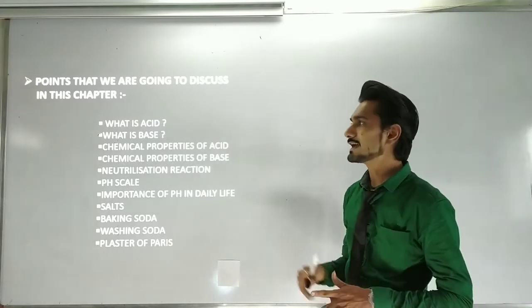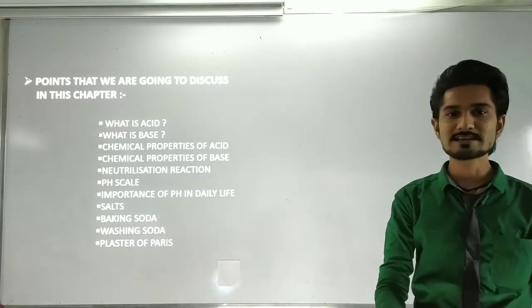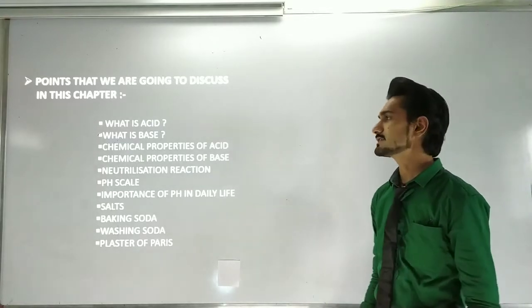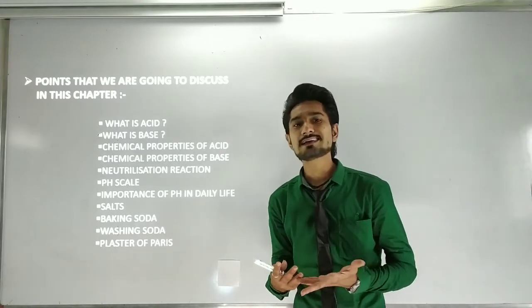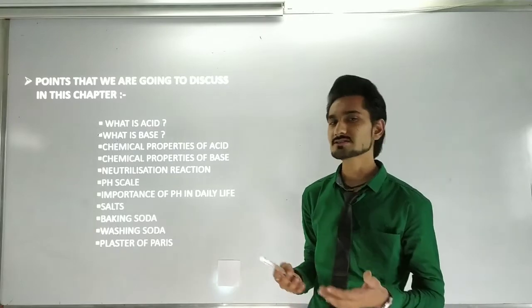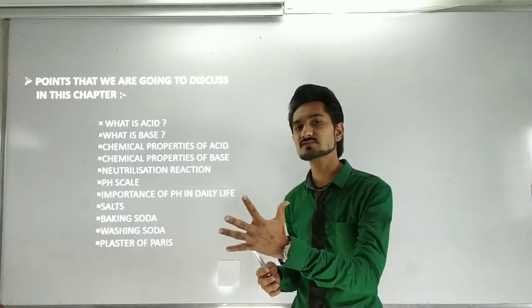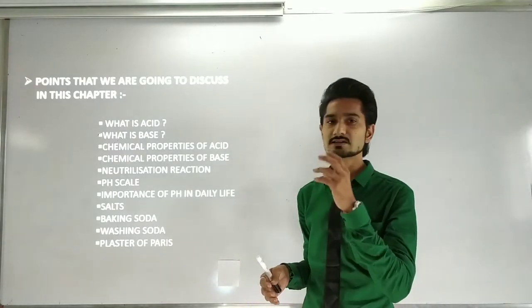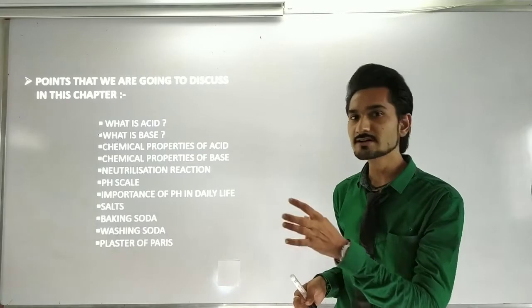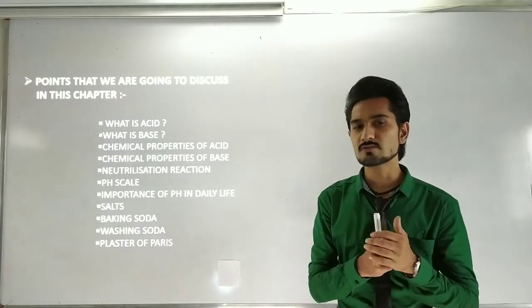Suppose I want to check or understand acid and base from each other. What is the first method that I can use? In a laboratory I can check with taste. The first method is that I can check with the taste. It indicates whether the substance is sour, then I can call it an acid. If the substance I taste is bitter, then I can call it a base. Okay, so this will be the first method.